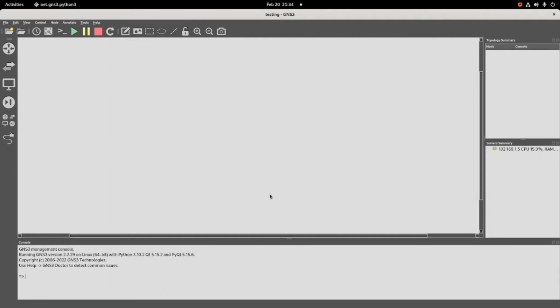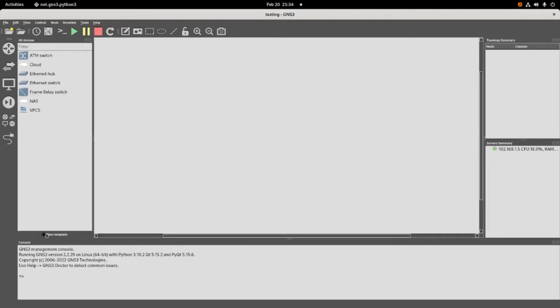In the previous video, I already shared how to create a VM in your VirtualBox. So after you create a VM in VirtualBox, you can load that VM into your GNS3.